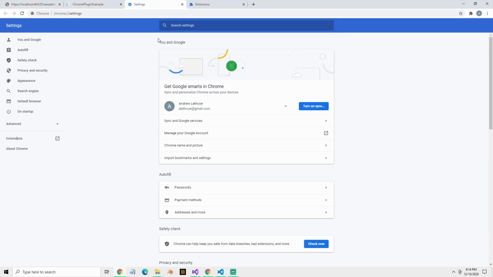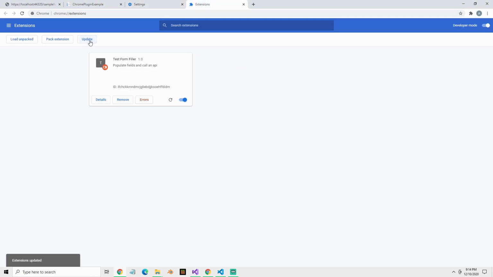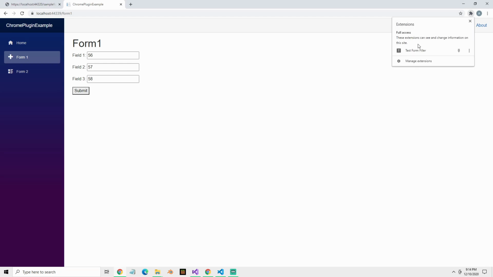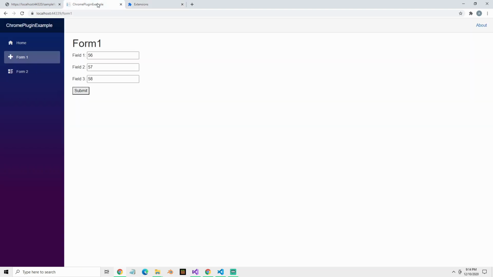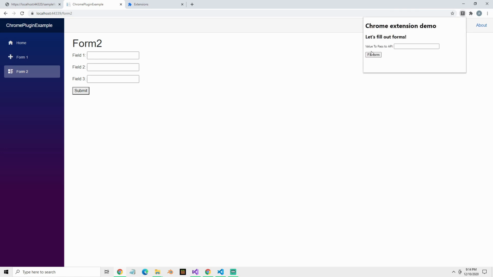So if we come back to our extensions, let's update that. And I'll just show you how to get there again another way. If you go to manage extensions here, once you click on this puzzle piece, you can just click on update. I just leave that tab open. It's easier to go back to. So now if we click on our extension here, I'm not going to put in a value anymore. I don't need one. But you can see now we got the Cat in the Hat and Dr. Seuss. If you do that again,